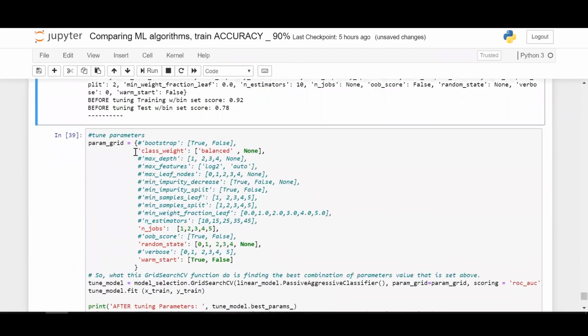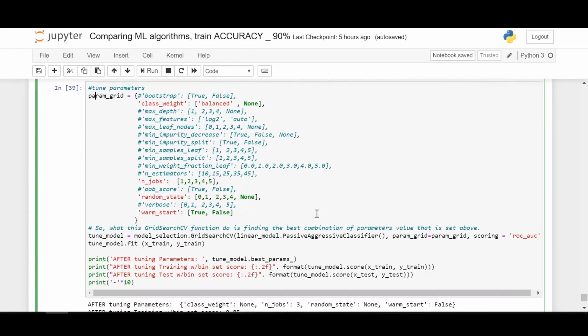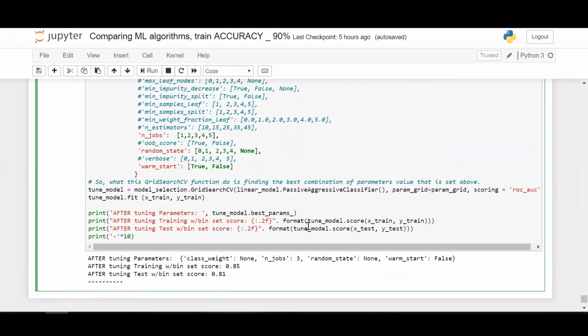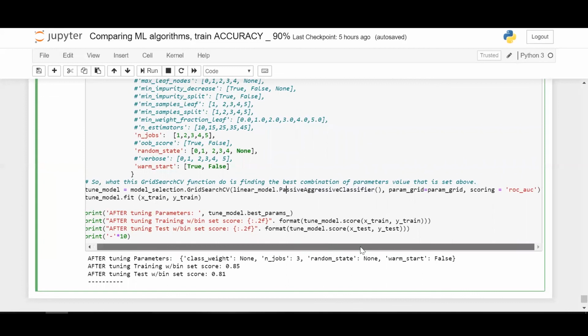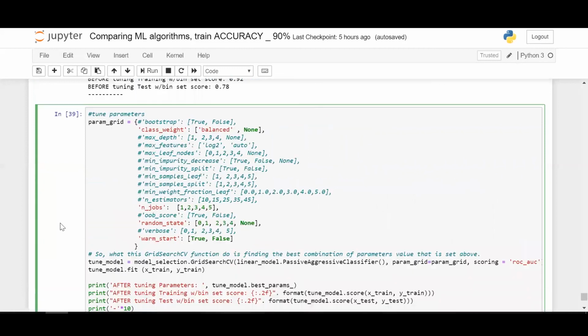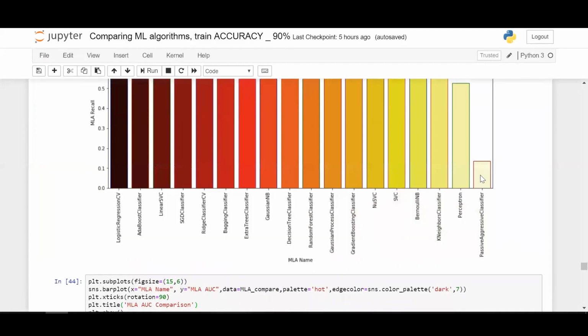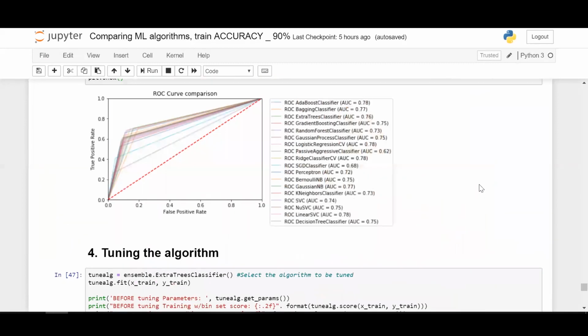So here let's define the grid. If you remember the grid search algorithm, in that we defined what the parameters are going to be in the parameter grid, which once we pass to the grid search algorithm gives the best performing model out, right? So the same thing we will do here. Let's take the passive aggressive classifier and do the same because this one has the lowest performance. If you notice the passive aggressive here, in all the tests, it was not performing well. So I just run it for this one.